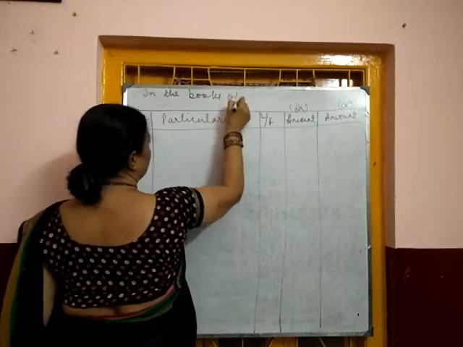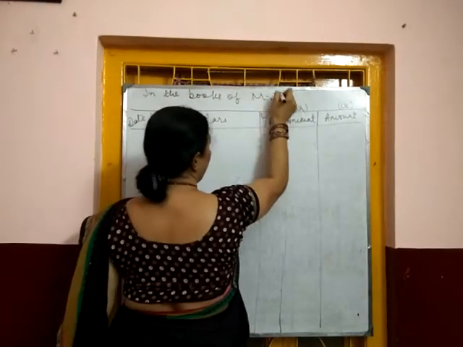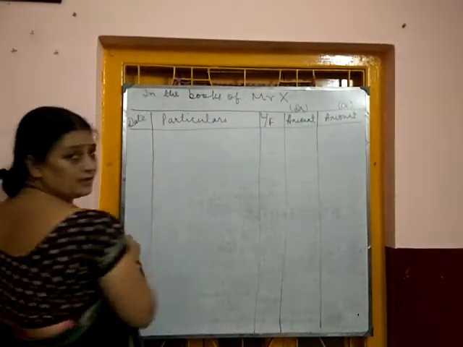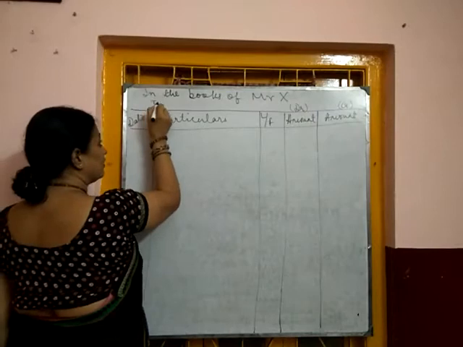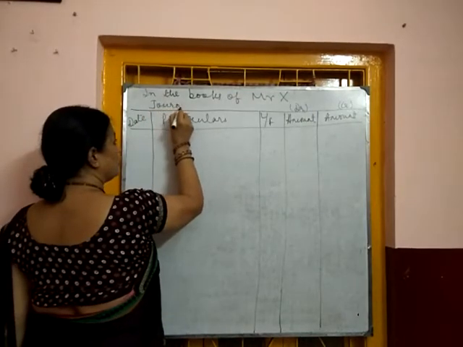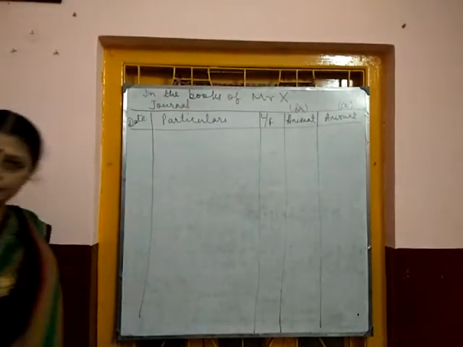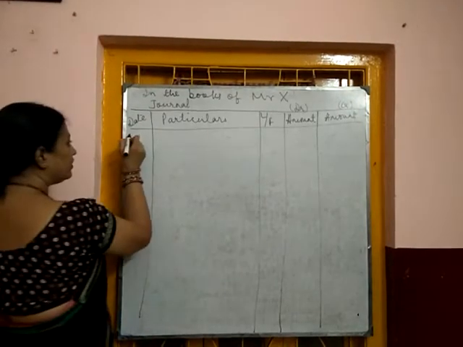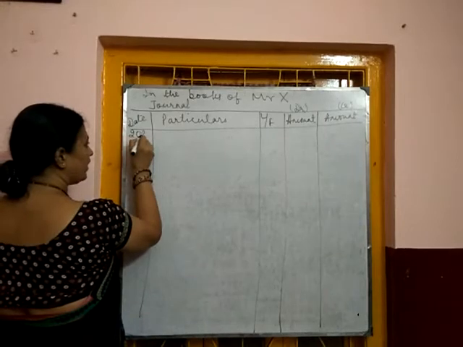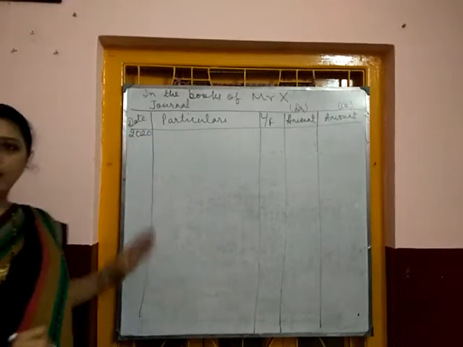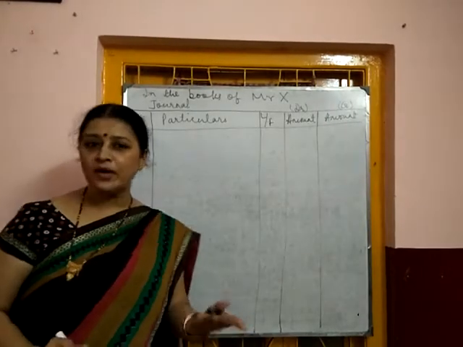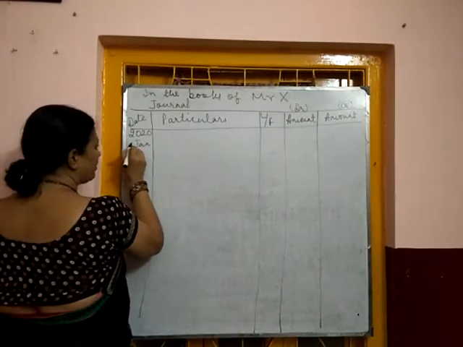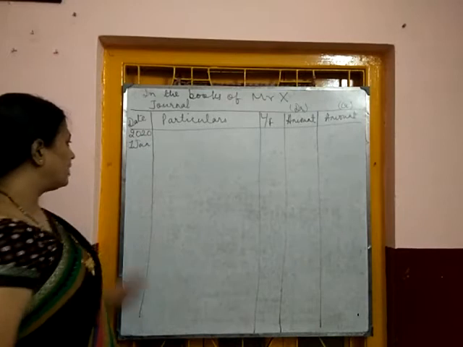In the books of Mr. X. Below this, we will write journal. Our date is, the year is 2020 and he has started business in which month? In the month of January. Say suppose if we are taking 1st January. On